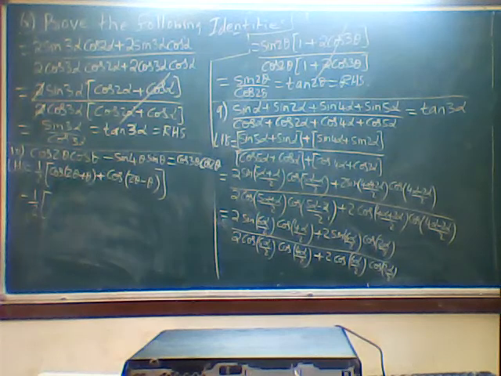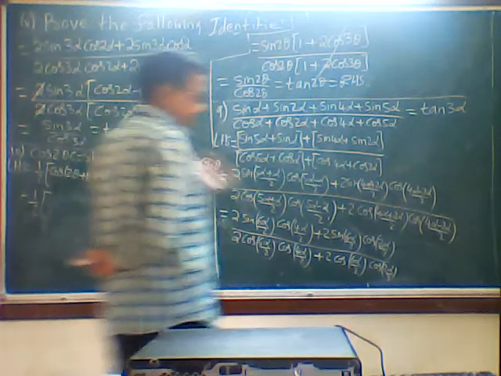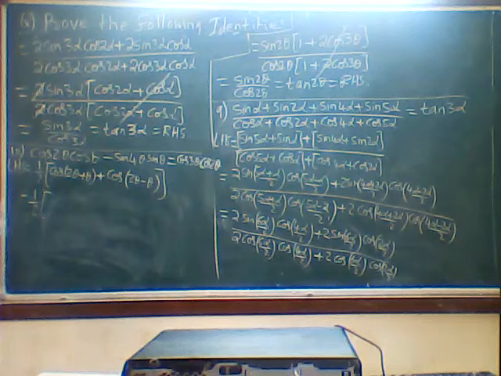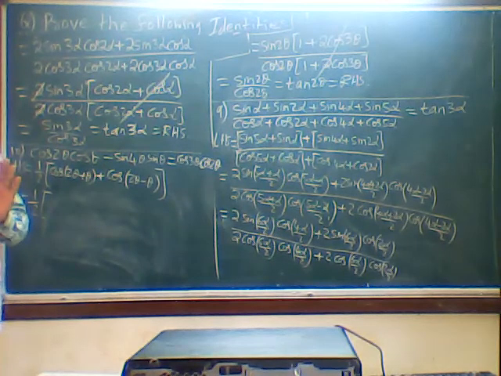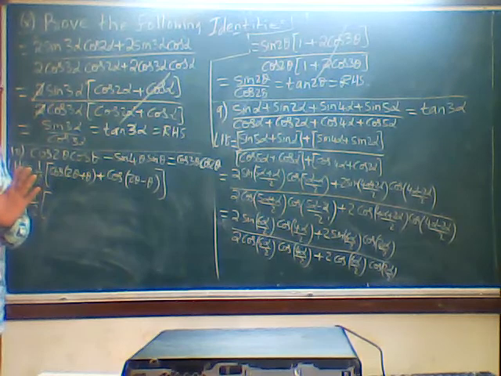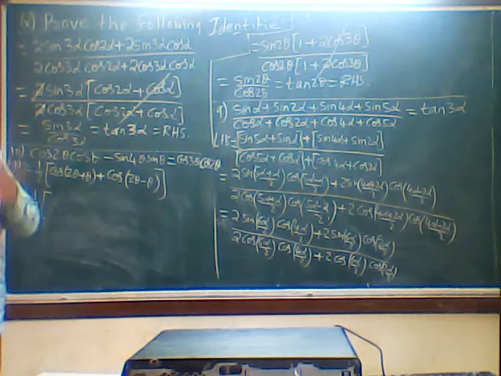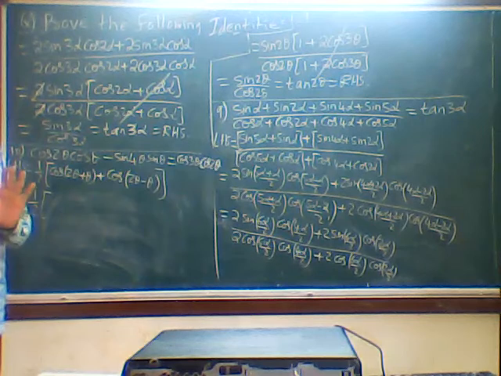First, the formulas you have to remember in sequence. How to remember, I will tell you. Sin A cos B was the first formula. Sin A cos B is equal to half sin of A plus B plus sin of A minus B. After sin A cos B, next was cos A sin B, interchange. Cos A sin B is equal to half sin of A plus B minus sin of A minus B. That's why both sin will come with minus in between.